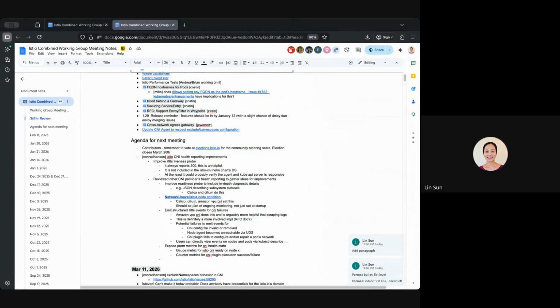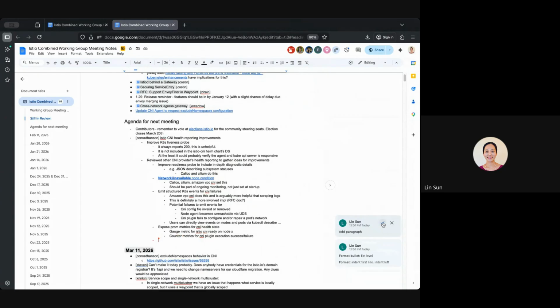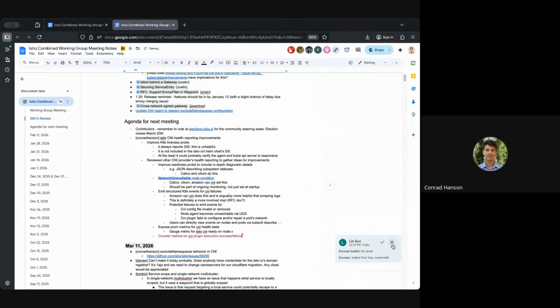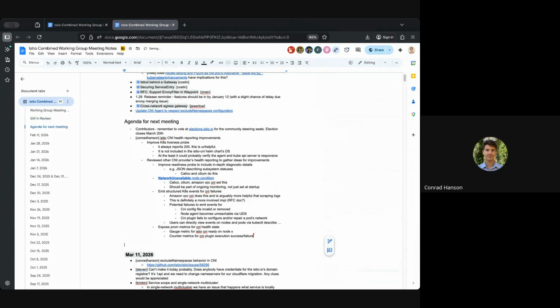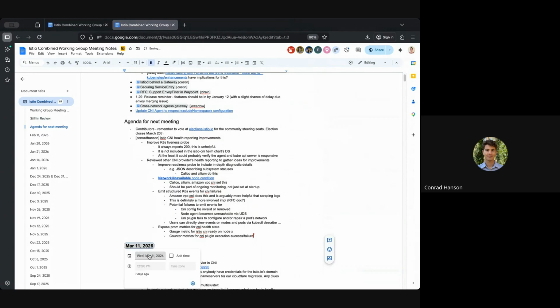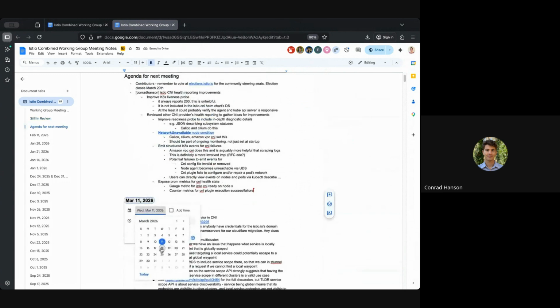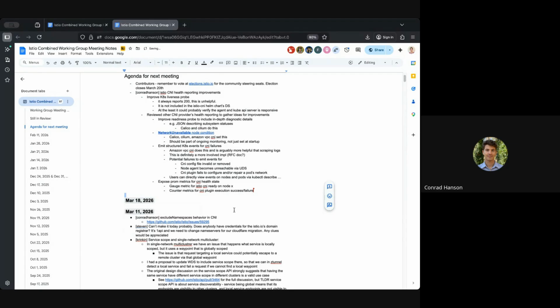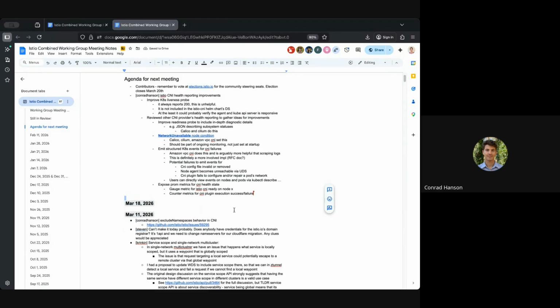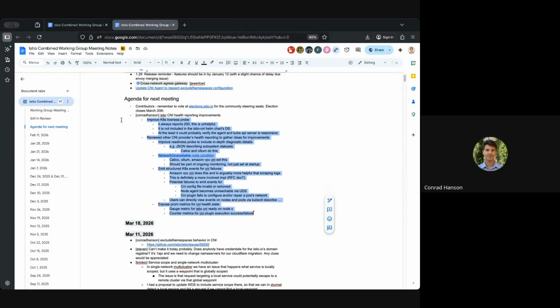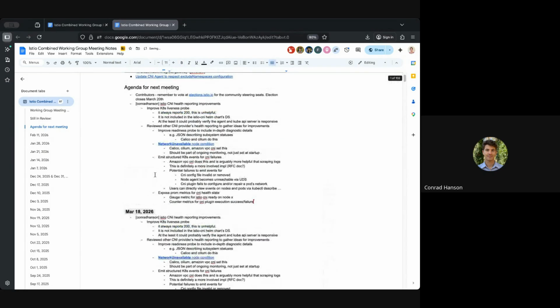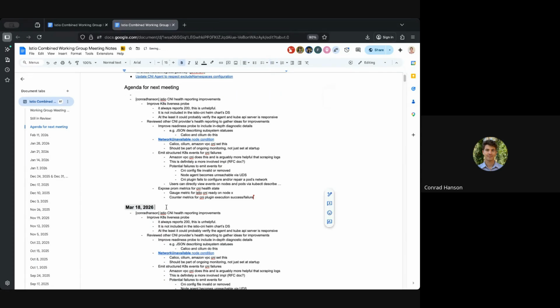Conrad, you are here, right? You are next up on the agenda. Yep, I'm here. So, really, I wanted to bring up a follow-up to last week's topic around the CNI implementation. So, previously, we discussed the CNI agent respecting the exclude namespaces configuration to align the CNI implementation in terms